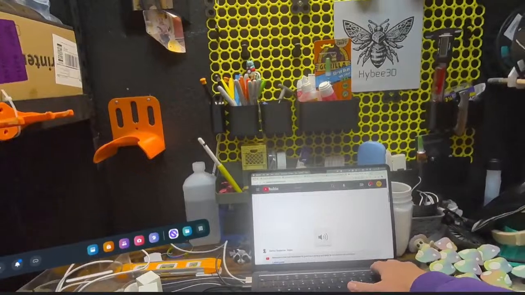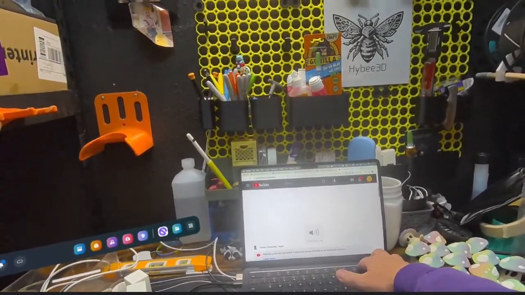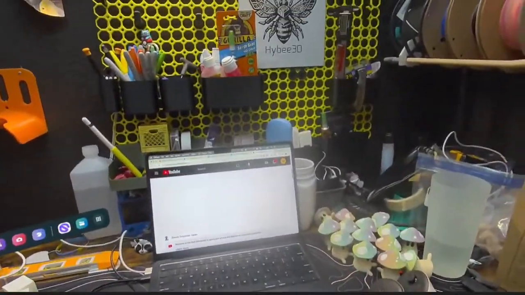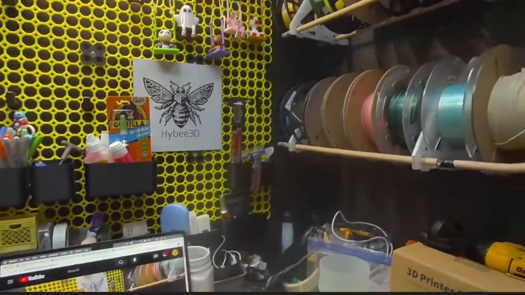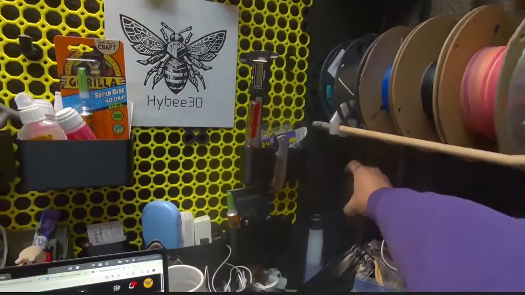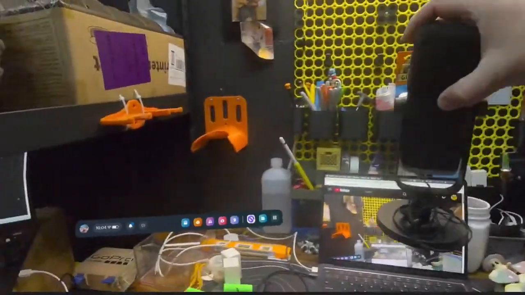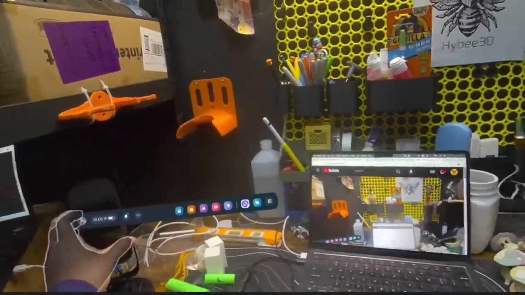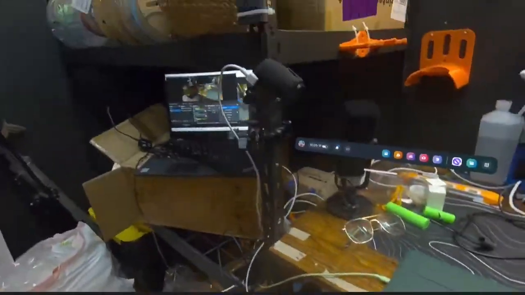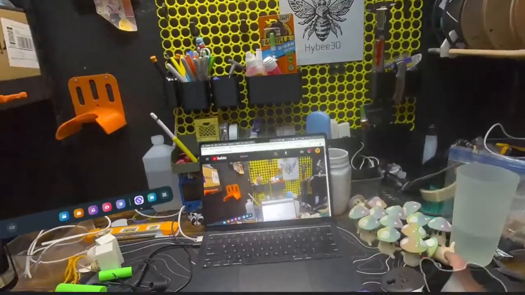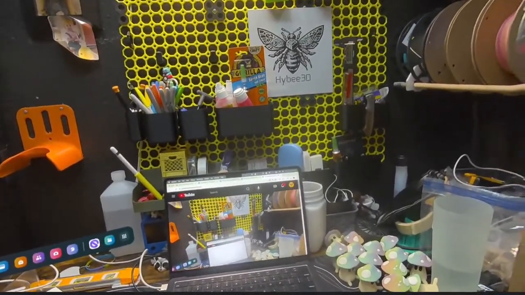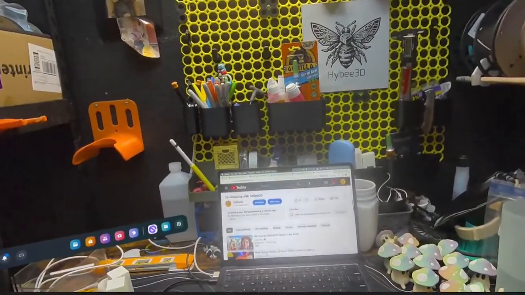Does my audio sound better? Yeah, there's some still really weird audio going on, but I'm not going to worry too much about it. I guess we could switch over to this if we wanted, but that would have to keep my face in the same spot, and I'd rather use my lavalier mic. Okay, let's go back down to comments. Alrighty.